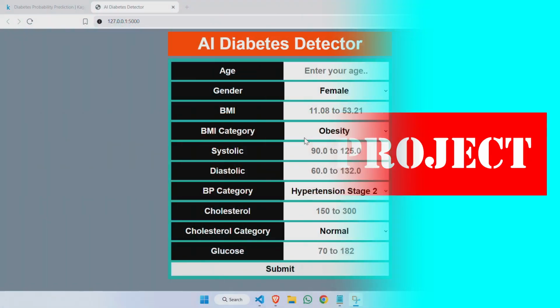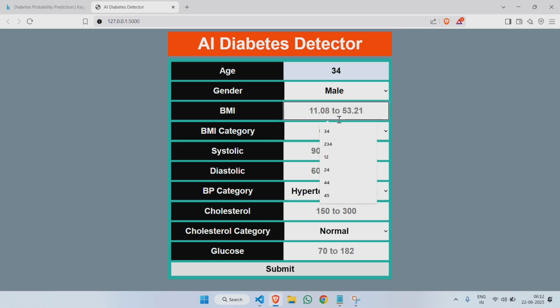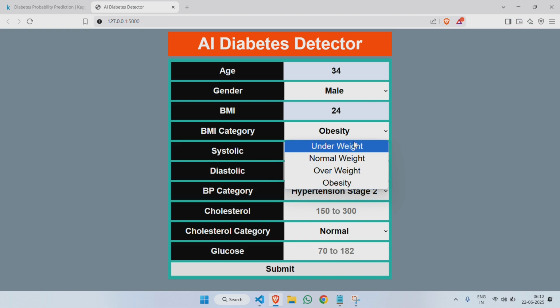Hello friends, watch this project, AI Diabetes Detector. Here we can predict the diabetes probability. So let's enter the values: age 34, gender male, BMI let it be 24, BMI category let it be obesity,